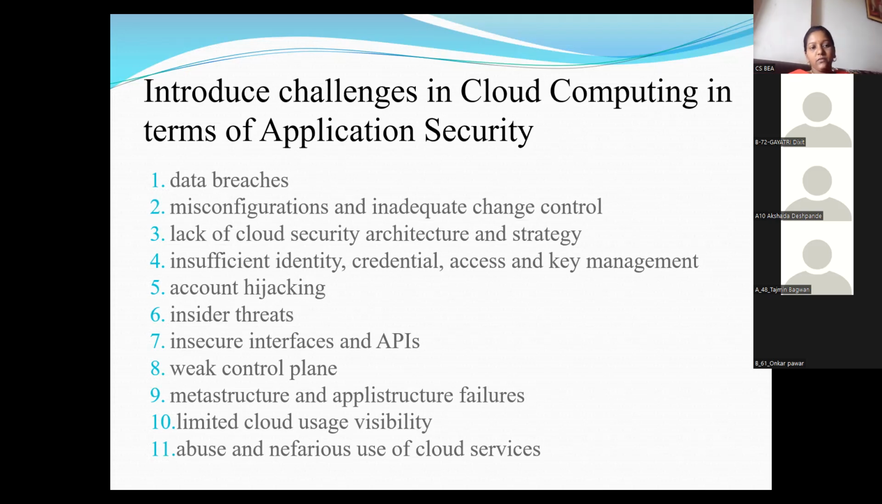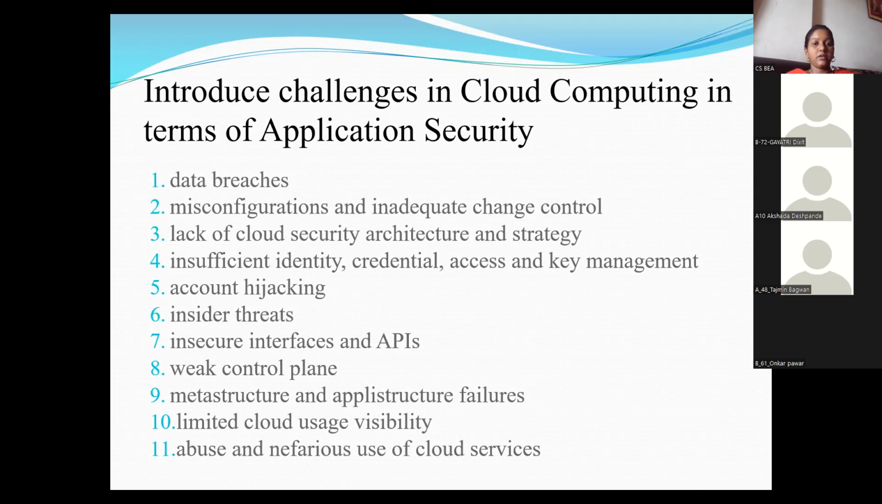Fourth one is the insufficient identity, credentials, access and key management. So a majority of cloud security threats and cyber security threats in general can be linked to identity and access management, that is the IAM. That service we have already covered in our second and third unit. So according to CSA guidance, this stems from the following, like improper credential protection, then